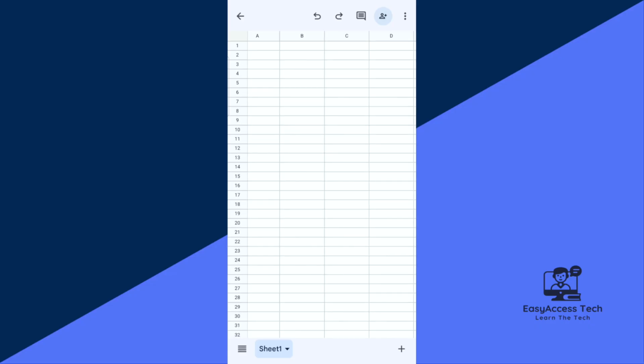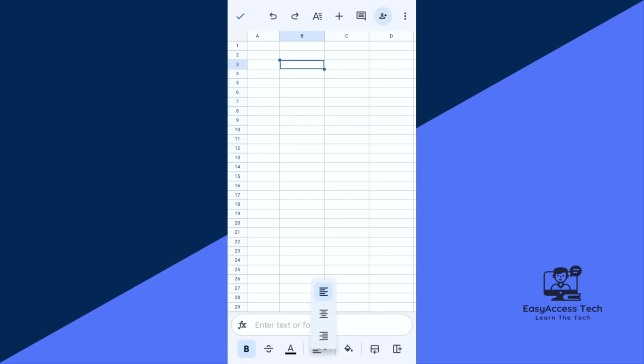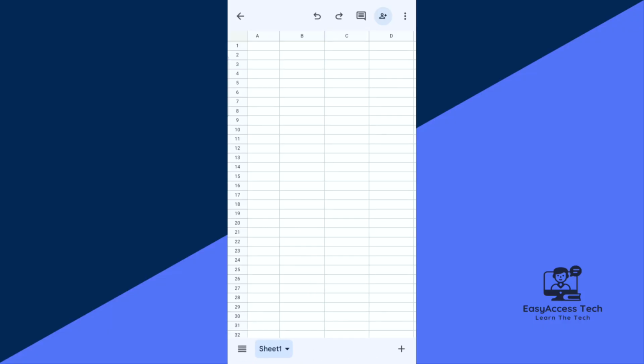And if you want, you can enhance the design by adding borders or doing more things to make it more personalized, or you can add a logo to personalize the invoice. Then just save and share this, or you can download it as a PDF and then share it with your